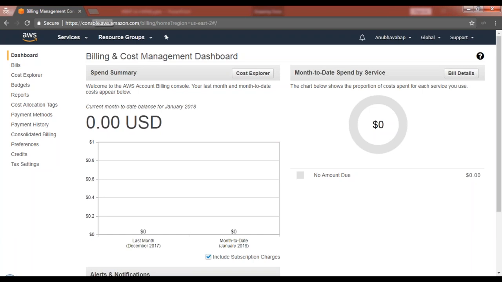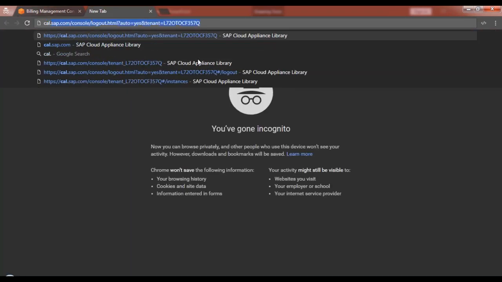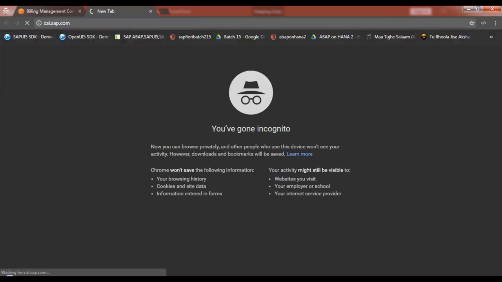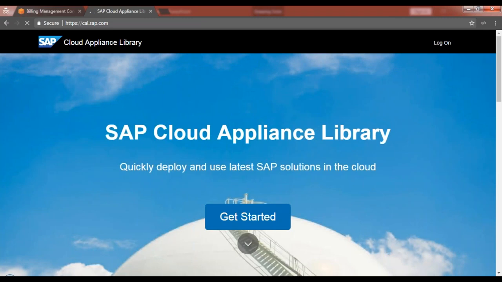Okay, so again come to incognito window. I will go to another session and say cal.sap.com. Okay, that's what I do. Press enter. Now it will take me to cal. Now remember, if you are already registered on SAP SDN, then it will take your user with SAP Cloud Identity Provider. So better you use incognito mode of Chrome to connect to cal, so that it will always prompt you